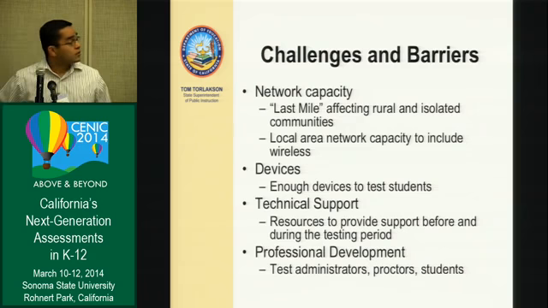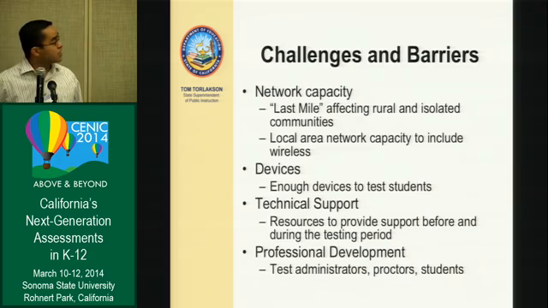So some of them are very obvious. Some of the challenges is network capacity, so the last mile affecting rural and isolated communities. And this is a particularly interesting challenge in California. I've had the pleasure to actually go around the state and visit a lot of the regions, along with my colleague Ed Smith from Scenic, really trying to understand firsthand what these issues are. And you'd be surprised. There are districts that really want to buy this. They have the money, they can spend some dollars to do it, but there are no choices. They go out to bid, no responses come back because there is no infrastructure.